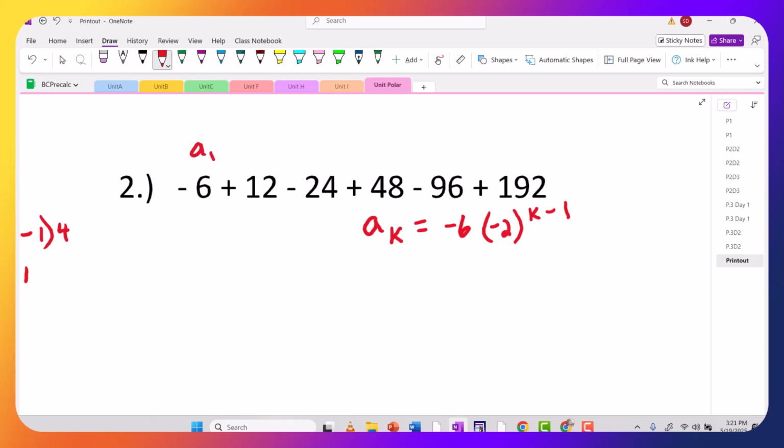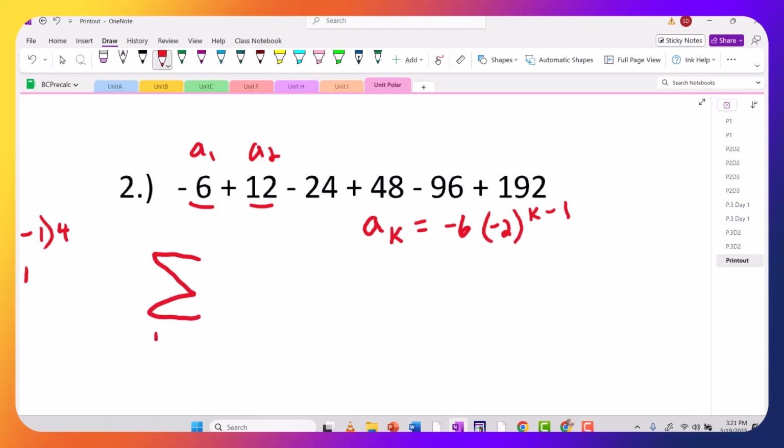When you have a listing of terms, we always call that a sub 1, the first term. So when I plug in 1, 1 minus 1 is 0. Anything to the 0 power is 1. 1 times -6 is -6. A sub 2, plug in 2. 2 minus 1 is 1. -2 to the first is -2 times -6, which is 12. 3, 4, 5, 6. You could plug in 6, do your calculations, and you end up getting